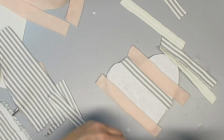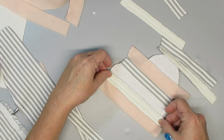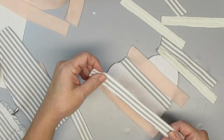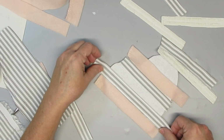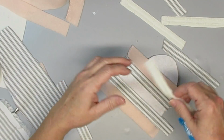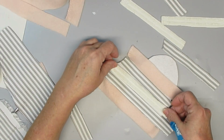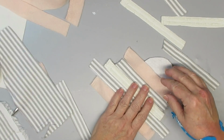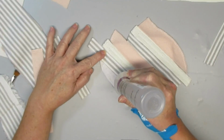I cut out a few different types of fabric into some strips. I have this really pretty blush pink that came from a dollar store baby blanket. I've got some of this gray sort of ticking stripe fabric. Then I have a chenille stripe, and I'm going to be using those and just alternating until I get across